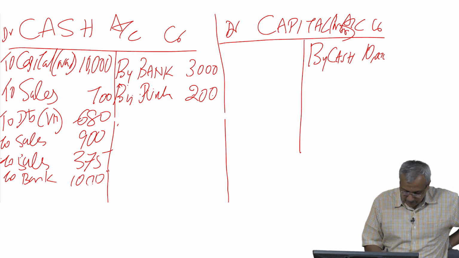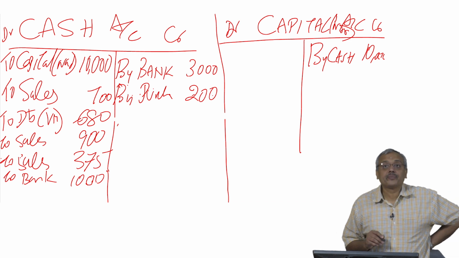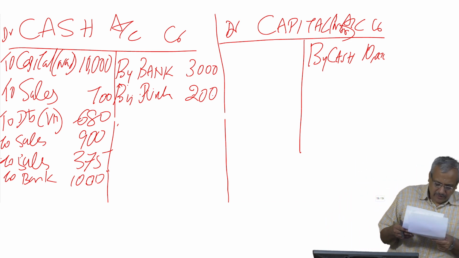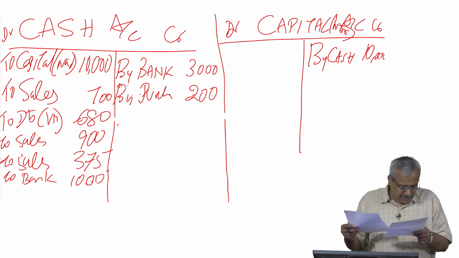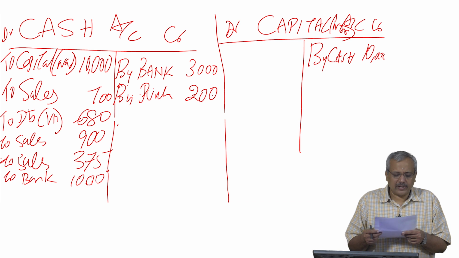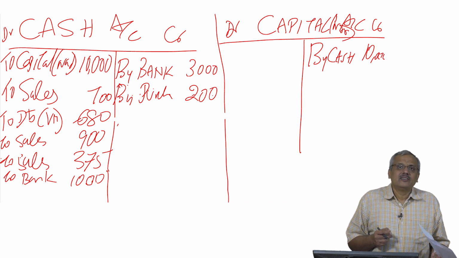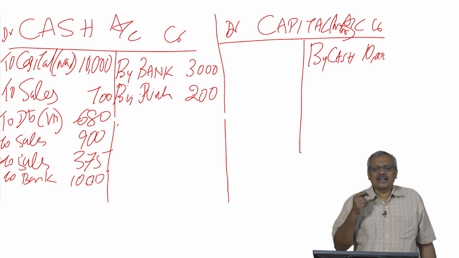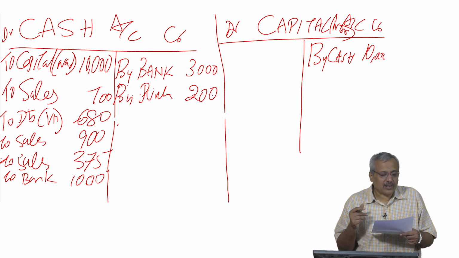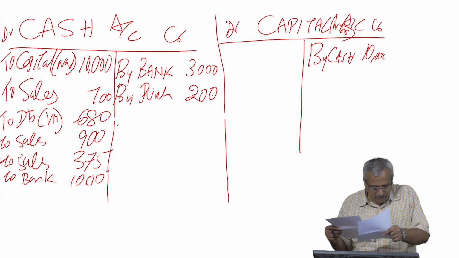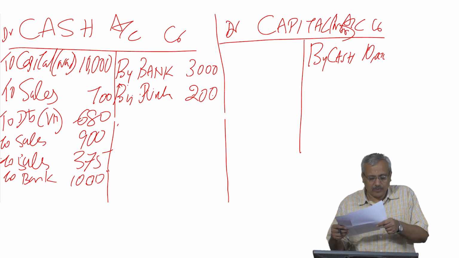Sorry, yeah, just 1000. So basically that is the journal entry out there. Now I move to the next transaction, the 20th transaction: provided loan to Amarnath. When I provide a loan to Amarnath, you go back and check your journal entry, it says cash account and then Amarnath account, basically provided loan to Amarnath.